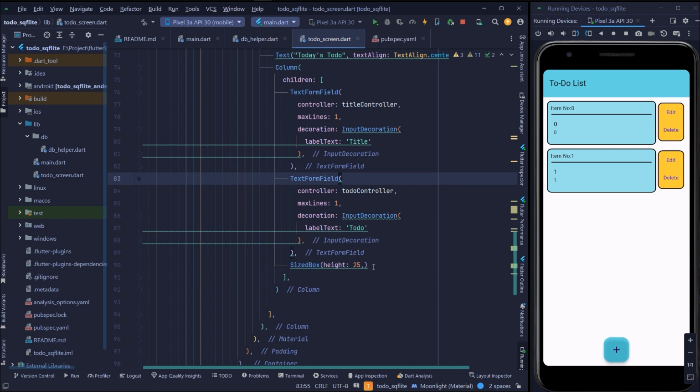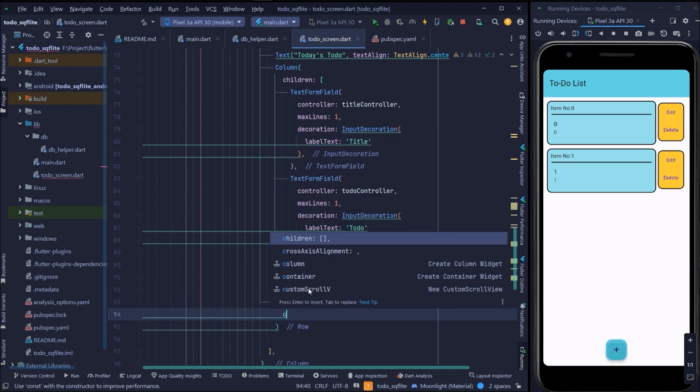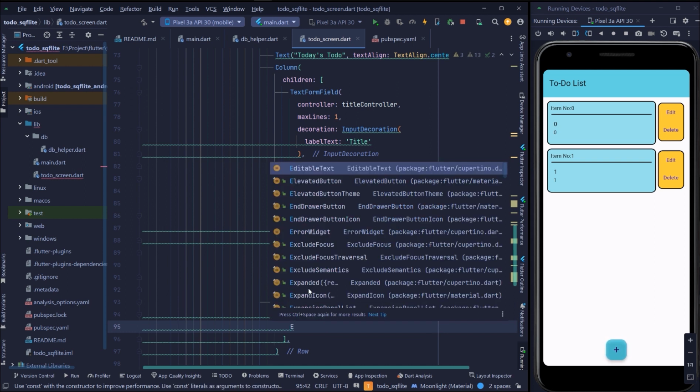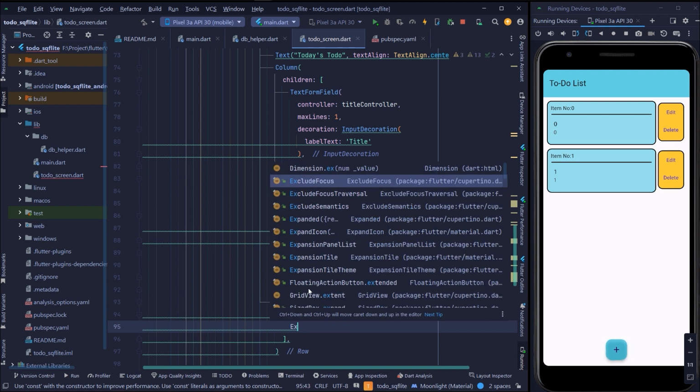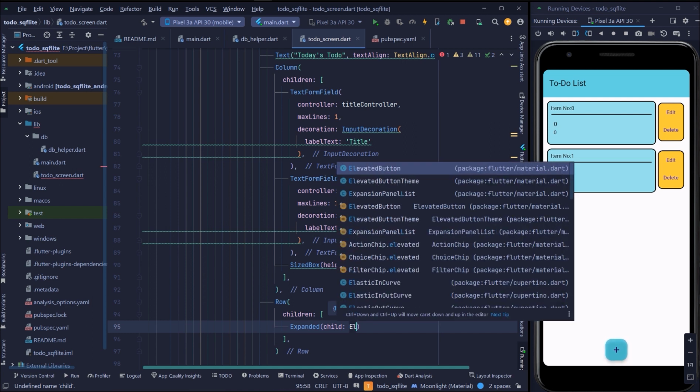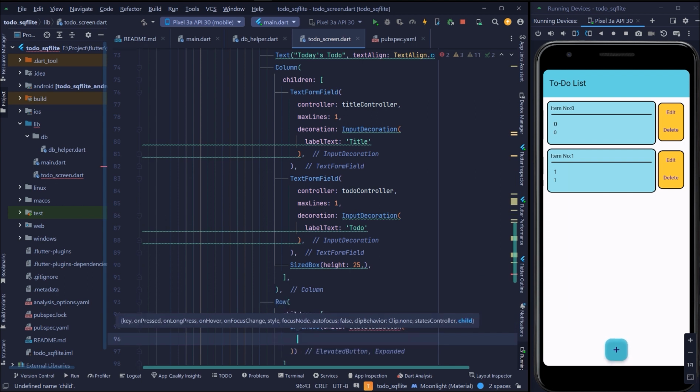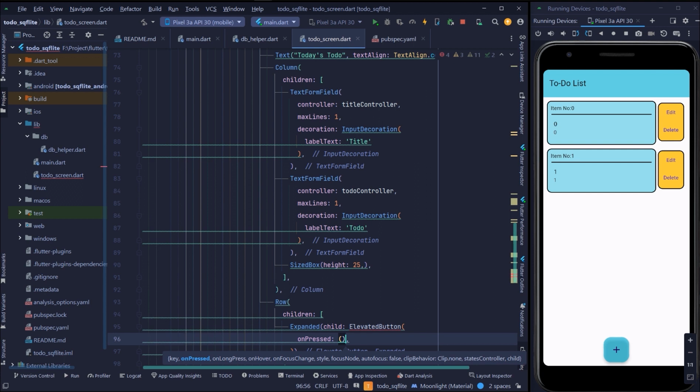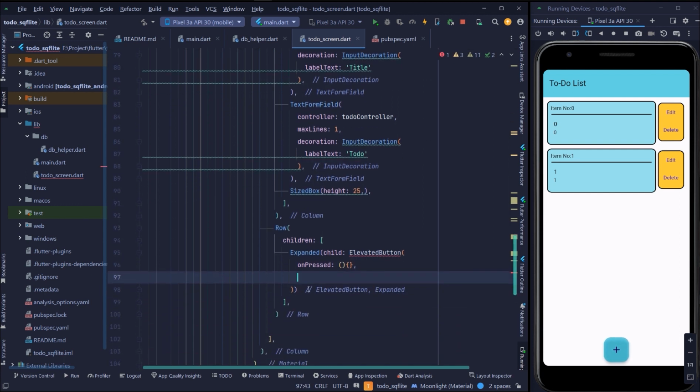And after the column, not here, after the column I will take a row for 2 buttons, children, expanded, elevated button, and on pressed. And here child text